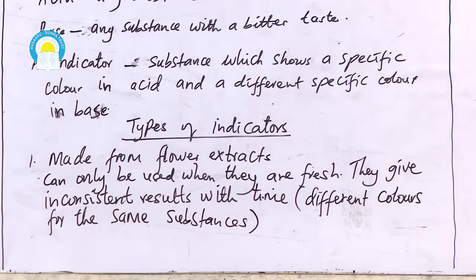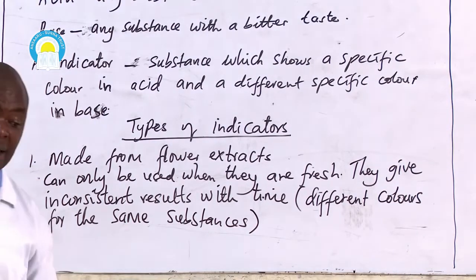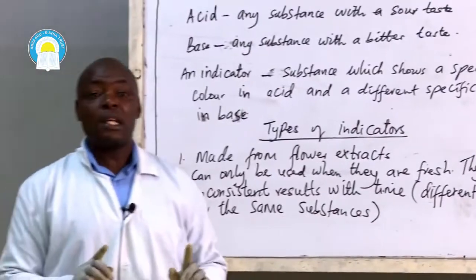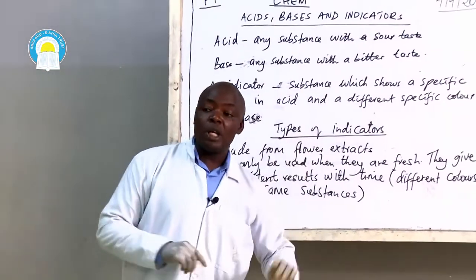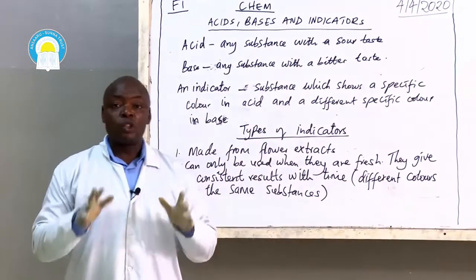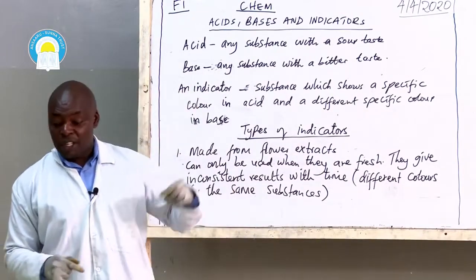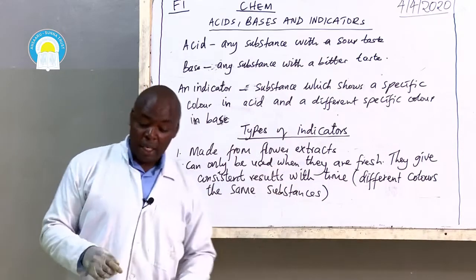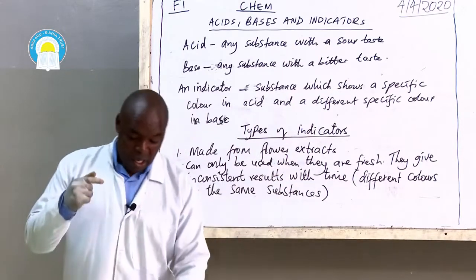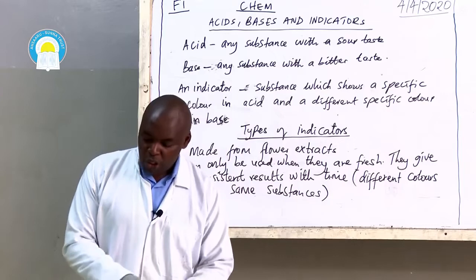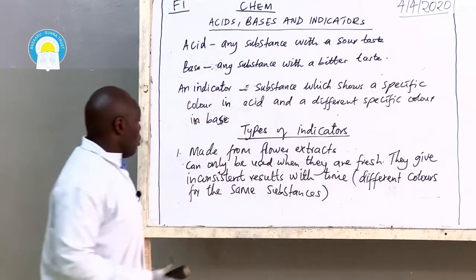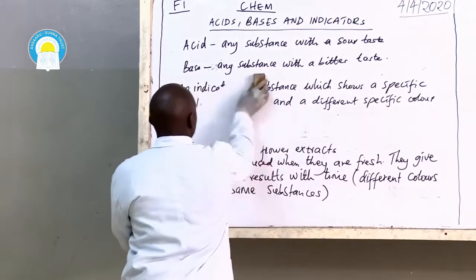A good indicator should give consistent results. That is, if the solution is acidic, whether I test it this morning, tomorrow, the following day, it should give me the same color. If the color does not resemble the one that has been shown previously, then it means that that indicator is not consistent. So, for consistency,